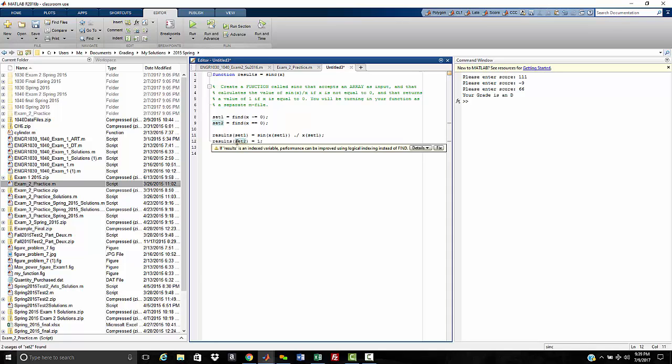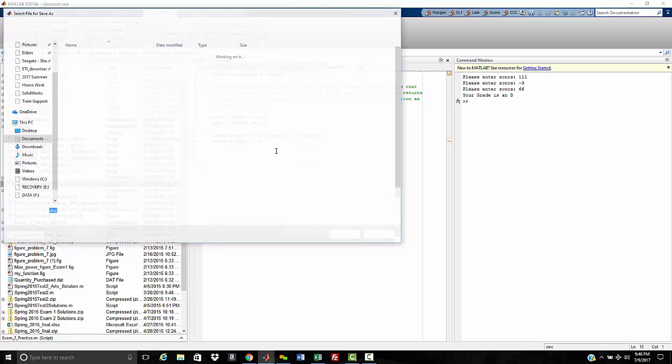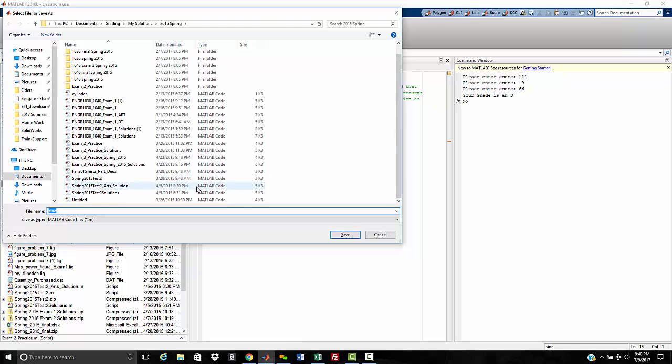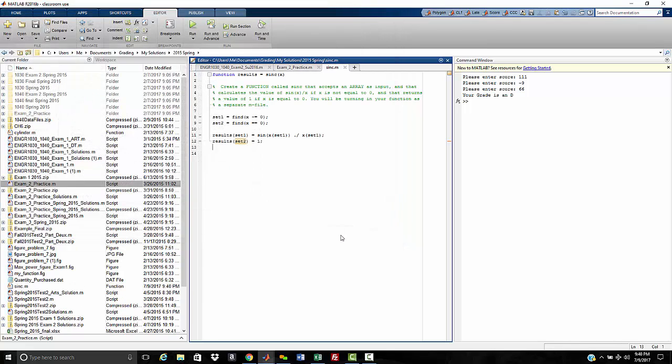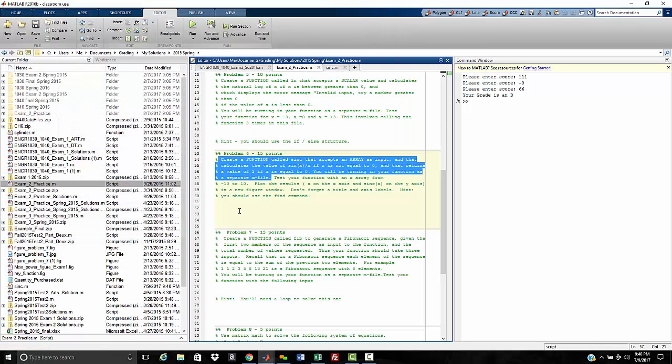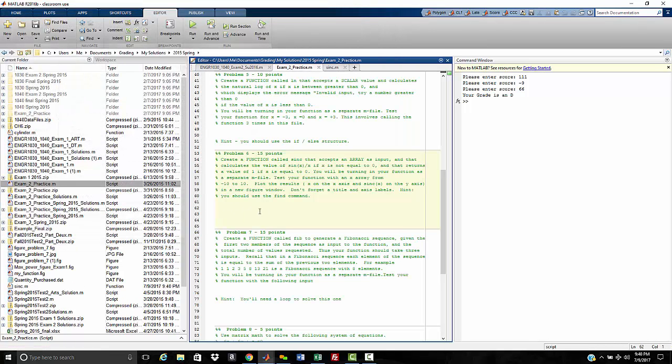If results is an indexed variable, performance can be improved by logical indexing instead of... So this should work. And so now if we do a Control S, which is a save, it'll save it as sync. Do we already have one in there? No, we don't. So we'll save that, come back to our main program here, and we'll set